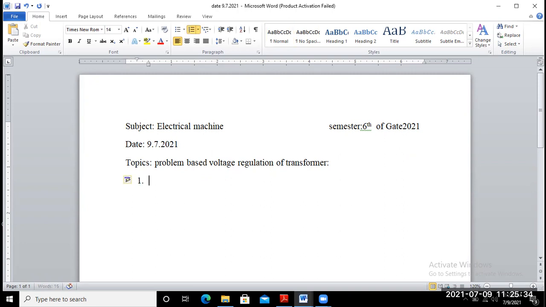So just write down the problem. A 20 kVA, 2500 divided by 500 volt single phase transformer